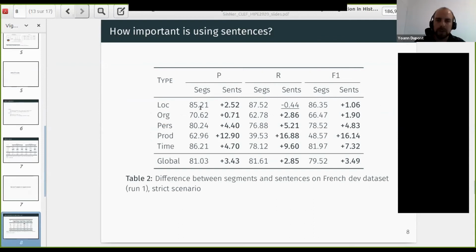Unexpectedly, using sentences instead of segments yields a very decent improvement, like 4.5 F1 points in the strict F measure. I'm sorry, I don't have the fuzzy results in hand. And it improves both recall and precision. Multiple segments split an entity in 2 or 3 or 4. So I think the reason is we now have a better representation, and entities are not split, and thus the context is better used to find those entities.